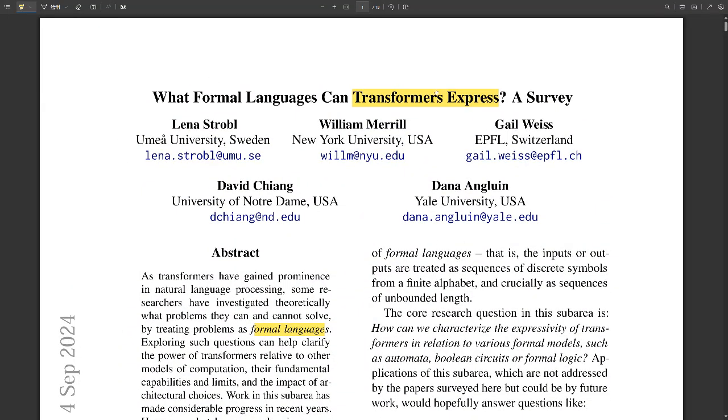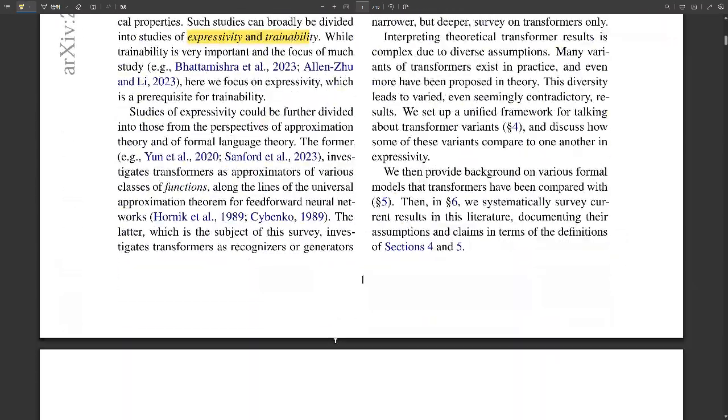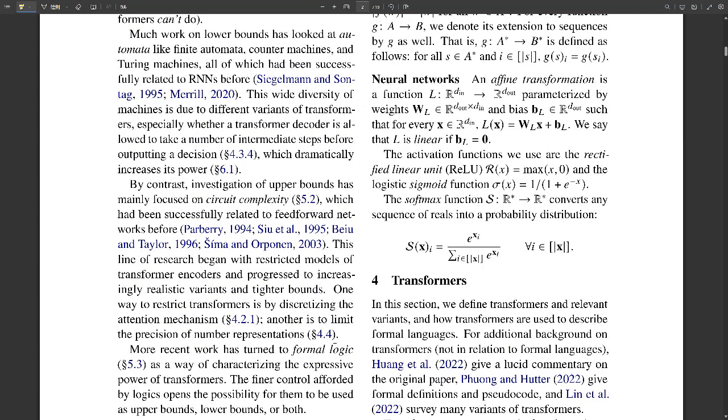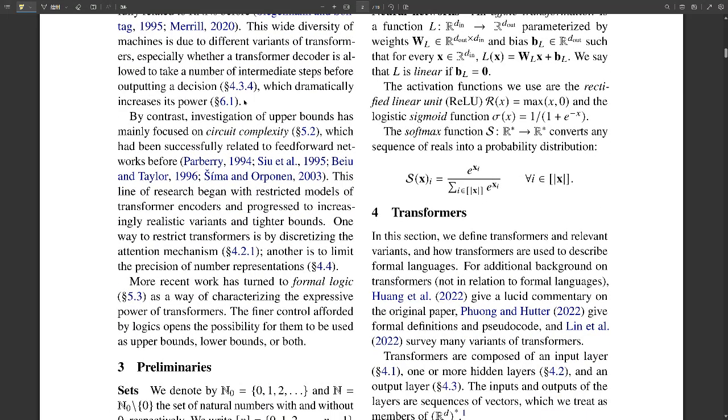That makes sense. And what about these intermediate steps you mentioned? Why are they so important? Well, they're crucial because they allow the transformer to perform more complex computations. It's like giving the model a scratch pad to work on. So instead of just taking the input and producing an output directly, it can perform a